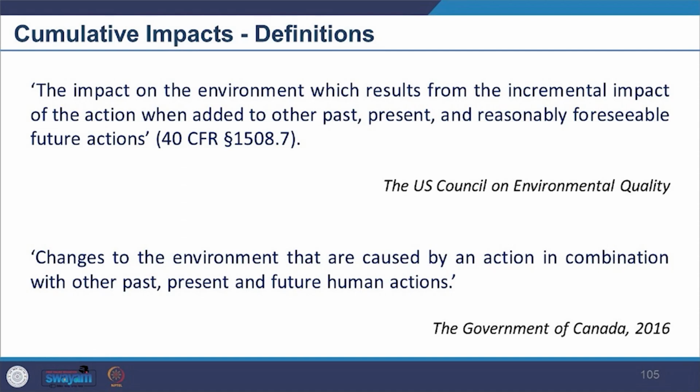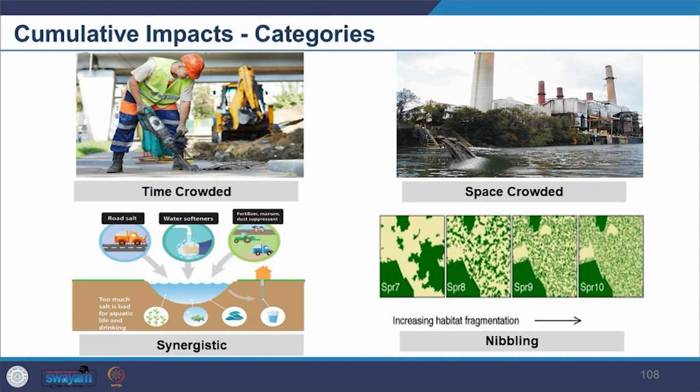is the impact on the environment which results from the incremental impact. So incremental, you may pay attention to this, which happens gradually, of the action when added to the other past, present, and also of the future. And another example definition we see is from the Government of Canada, where changes to the environment are caused by an action in combination with other past, present, and future human activities, actions. So that is what cumulative impact is, and then we see that cumulative impacts are categorized